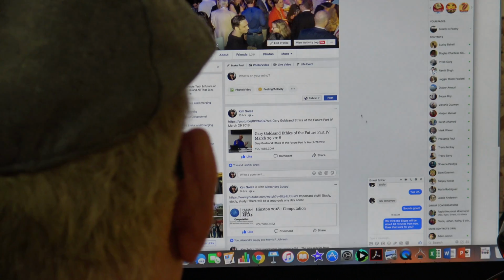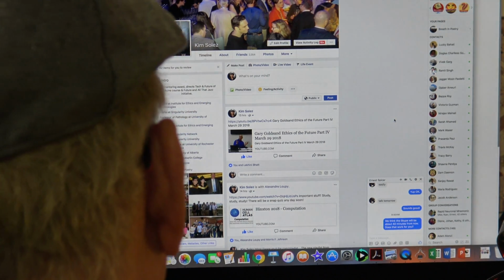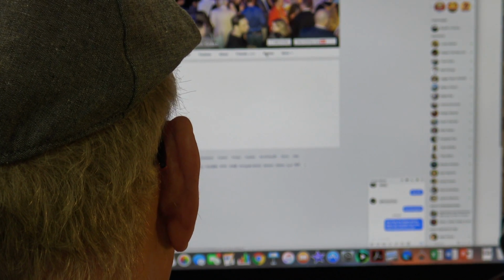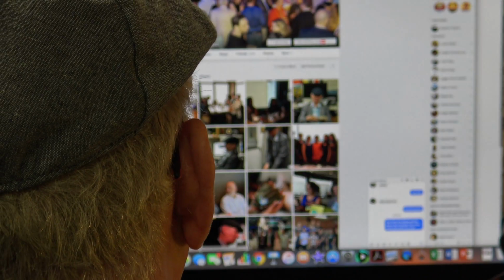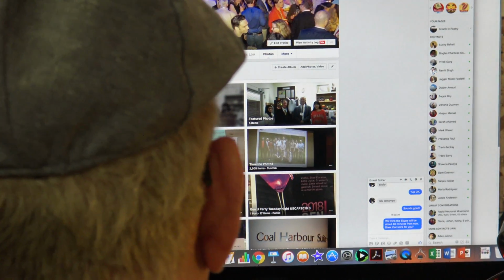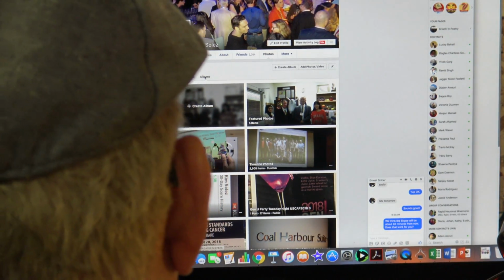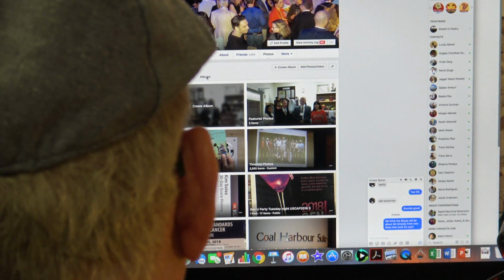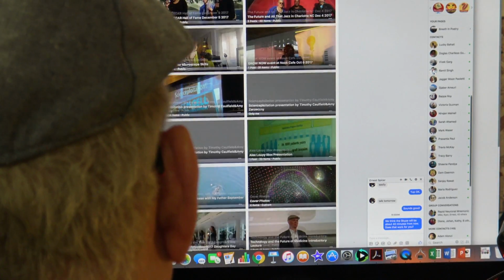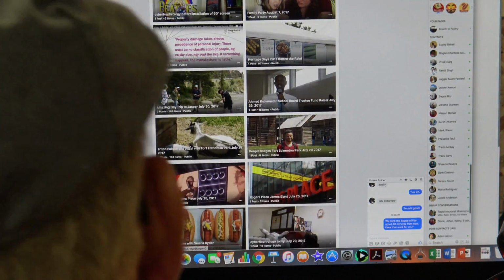Now, if you want to find previous pictures of mine, one of the easiest ways is to go into Photos, and then Albums. So in the past, almost every set of pictures had an album name. Now you have to have a large number of pictures before you can actually name an album. So it's become different. But if we now look at the albums, this is what I was talking about, the slow scrolling. So I have about 1,900 albums,